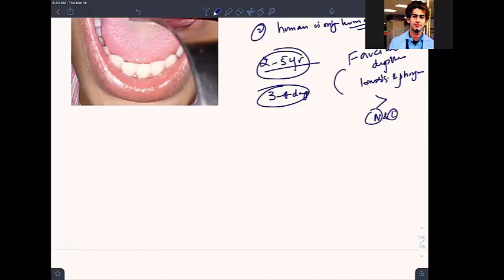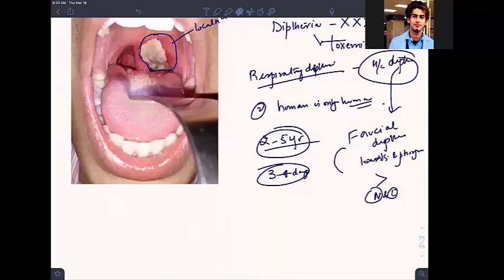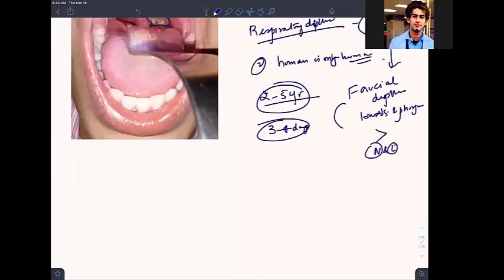Now what happens here? What do you call this? It is actually a membrane, but it is not a true membrane. It is a pseudomembrane, a false membrane. Why? I will tell you. Once the toxin is produced, it will lead to an inflammatory response. We are teaching you how it is producing this membrane.